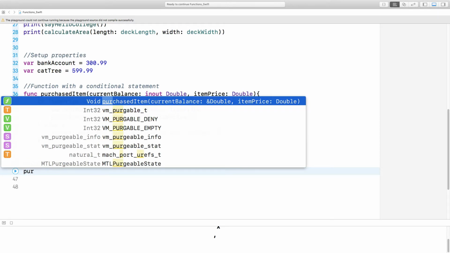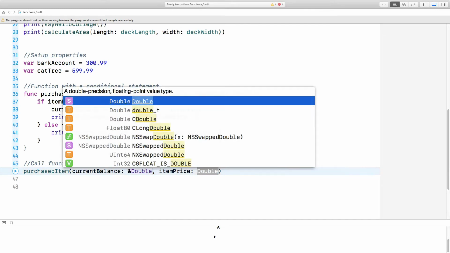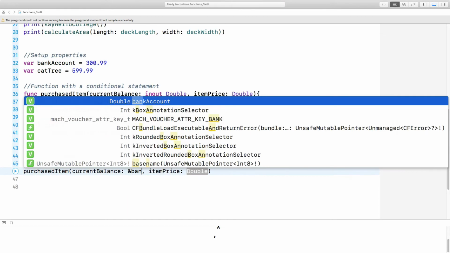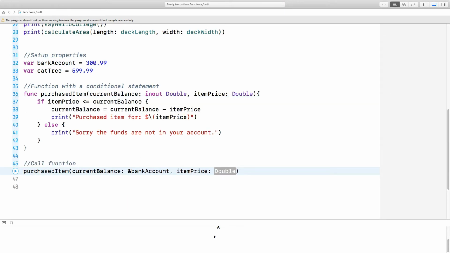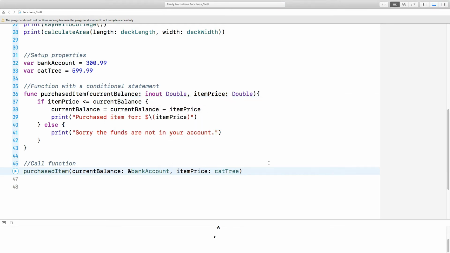Let's do purchase item. Now we'll pass on our value. So we'll say purchase item, current balance. So in this case right here where it has a double, we could put our bank account, which I should have put bank account balance, but I didn't. And then item price, we could put cat tree right there. All right. Now, hypothetically, we can run it